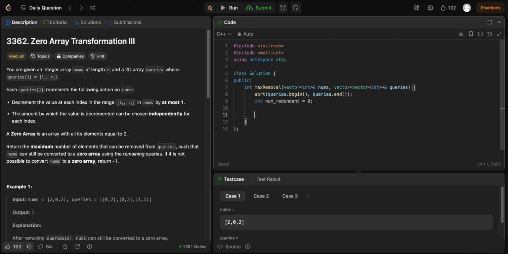Yeah, so we need a multi-set for the, maybe a priority queue works as well. But I remember like in C++ you have to, let's just use a multi-set. It is easier, I think. So multi-set int, I think. Yeah, so active, and then we also have